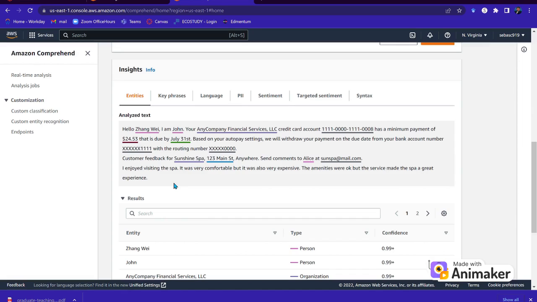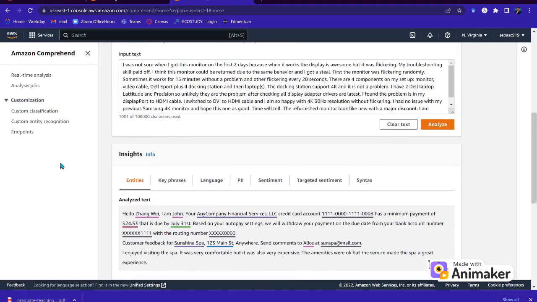And so as mentioned before, you don't need machine learning experience, which makes the tool very easy to use, whether you're on the product or business side, or whether you are a developer or an engineer. So what I want to go over, and by the way, the endpoints is how you can also customize the API for Amazon Comprehend. You could provide your own machine learning algorithm, neural network, and whatever you decide to use here. But for the demo, and for the sake of time, we should definitely go over the real-time analysis and